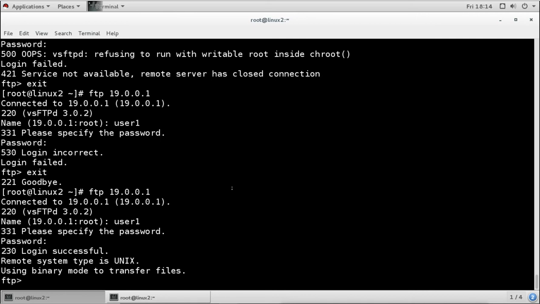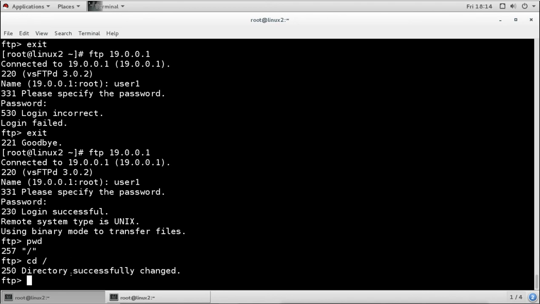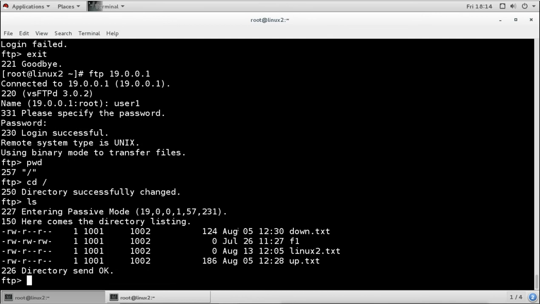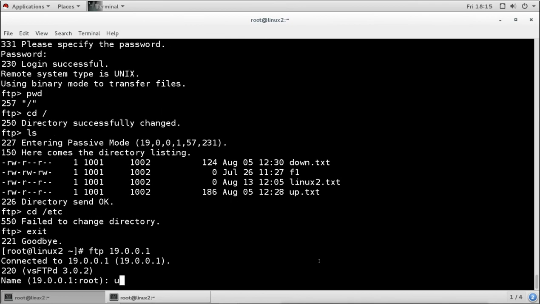When you run this pwd command, you can see it is showing / now. It is not showing the path of the home directory, and that means it cannot change the directory now. If you try to go to /, it says successful, but it still remains in the same place. And when you try to list, you will see only the files under the home directory of user 1. If you try to go to etc, it says failed to change the directory because user 1 is now under the chroot. But if I try to log in as user 2,